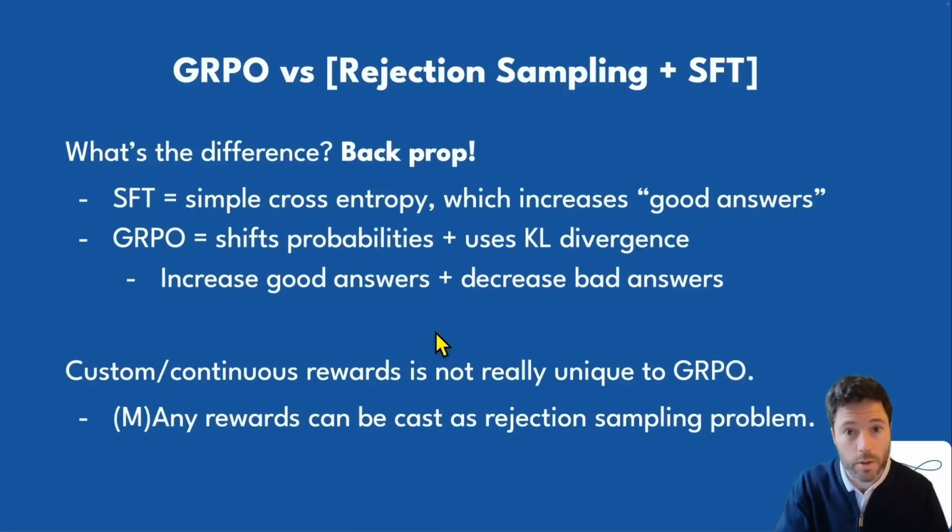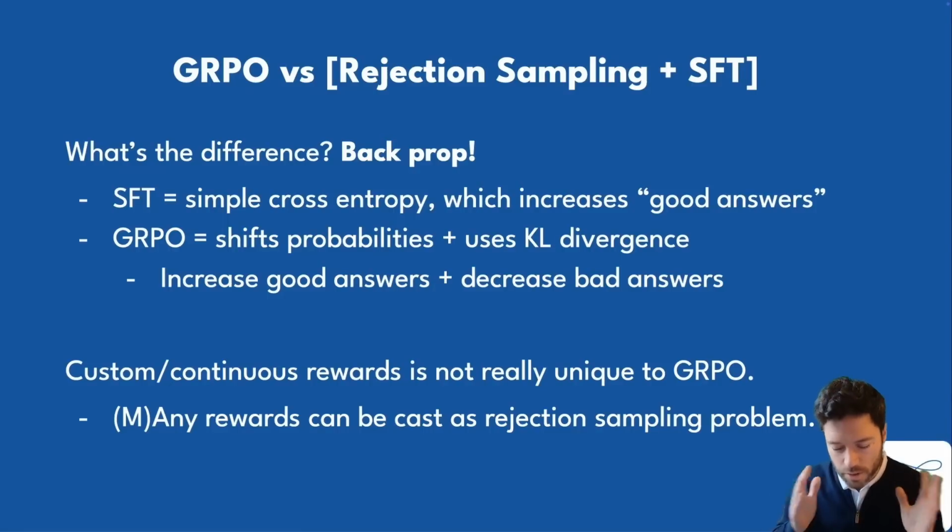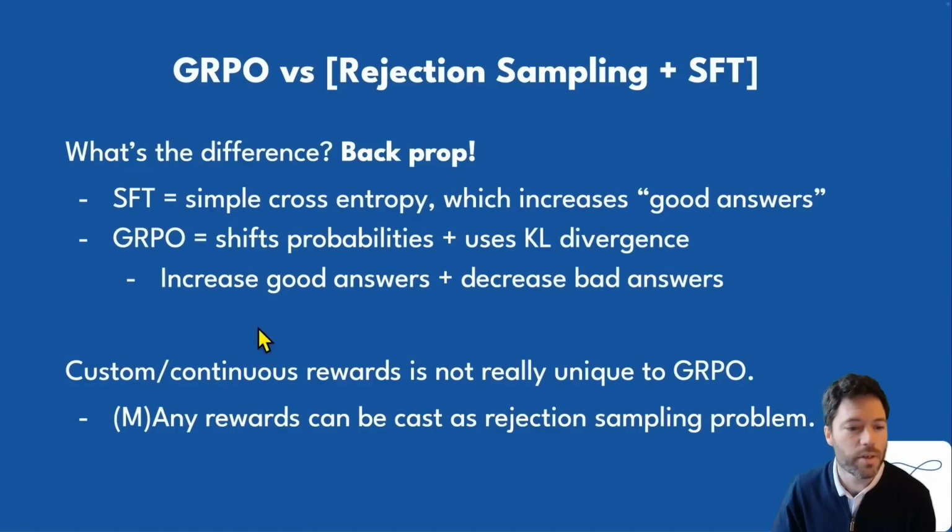Now, before I go into a flow diagram to help explain when you should do SFT, reinforcement learning, or how you should do it, I just want to recap on what I see as the difference between GRPO versus rejection sampling and SFT. So these are the two main methods I looked at. And the difference, I would say, is in the backpropagation. So in supervised fine-tuning, the backpropagation is based on simple cross-entropy, which increases the chances of good answers, whereas in